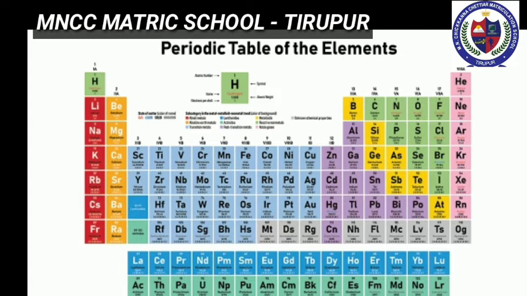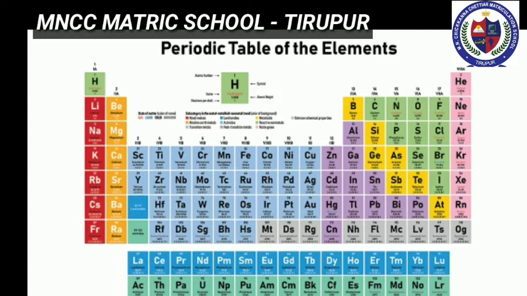Henry Moseley, a British scientist, in 1912 discovered a new property of elements called atomic number, which provided a better basis for the periodic arrangement of the elements. It is a well-known fact that the atomic number of an element is equal to the number of protons or the number of electrons present in the neutral atom of an element. The periodic law was therefore modified to frame the modern periodic law, which states that the physical and chemical properties of the elements are the periodic functions of their atomic numbers.